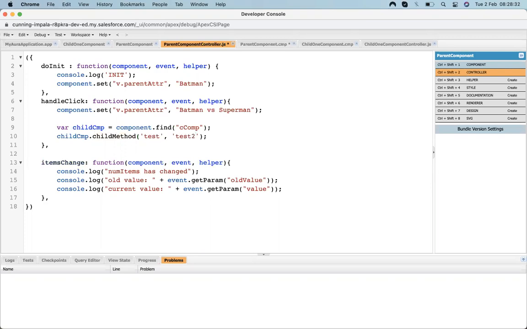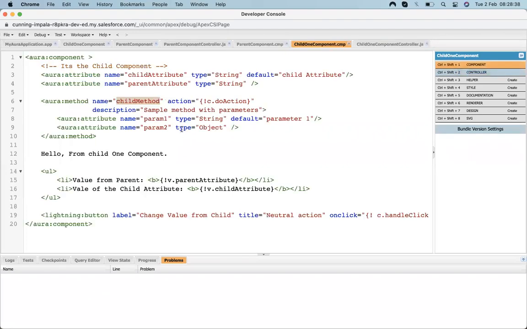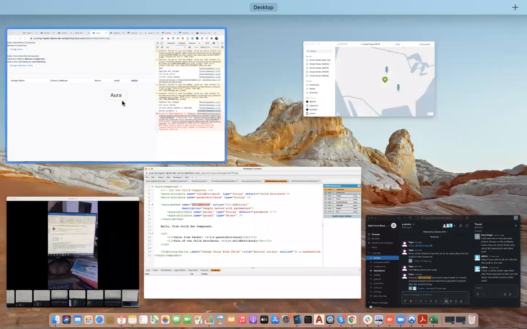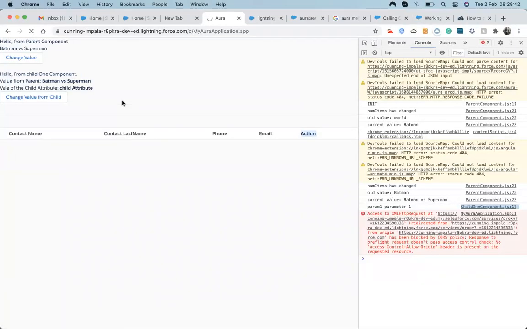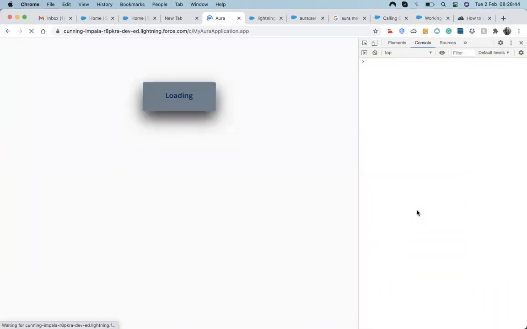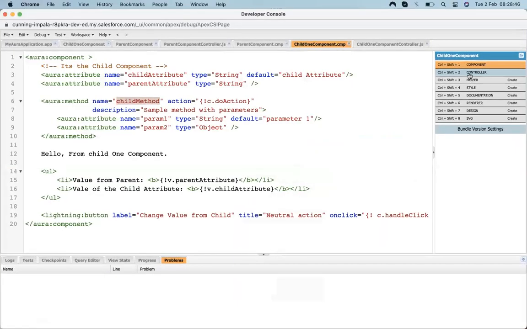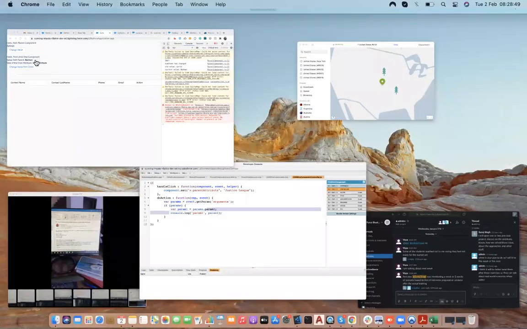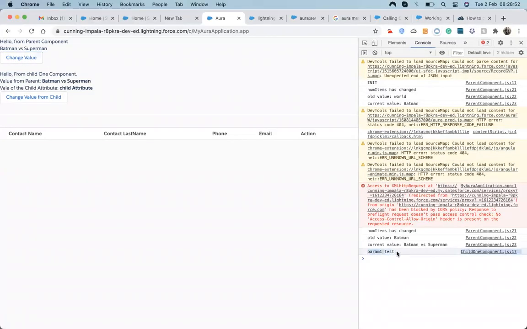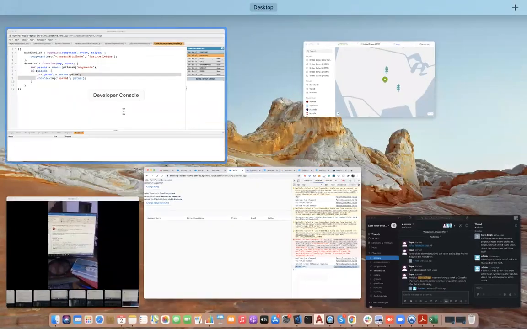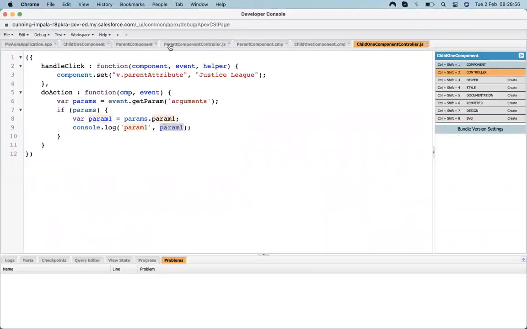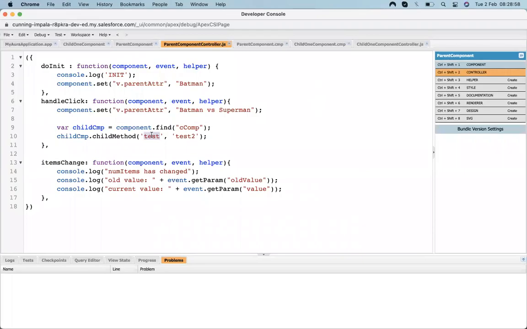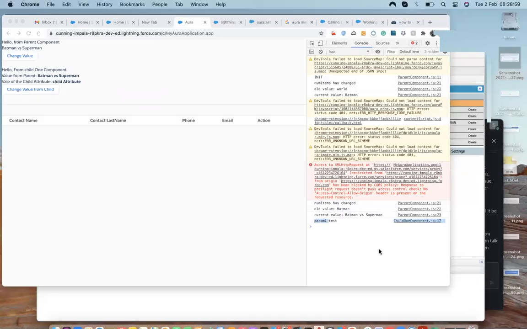test2. So it will be directly assigned to these params. So let's have a look. The values appear in the console log because I put the console log on the child. You can see parameter one, since I'm logging parameter one, and I'm passing test1, that's why it's showing me test1.